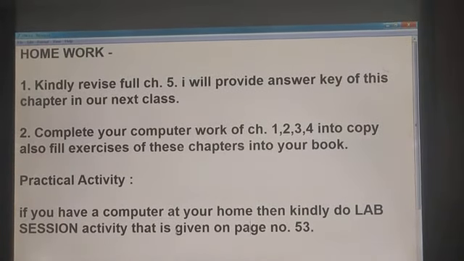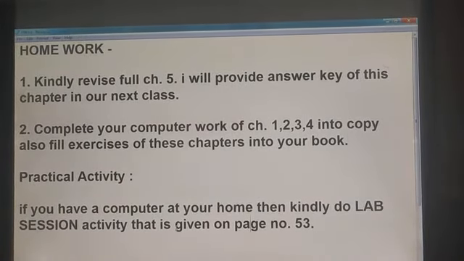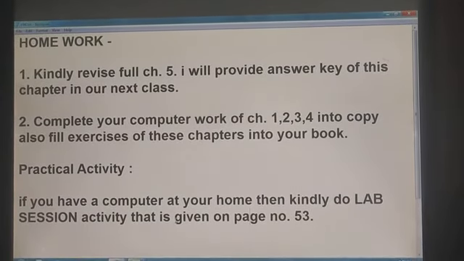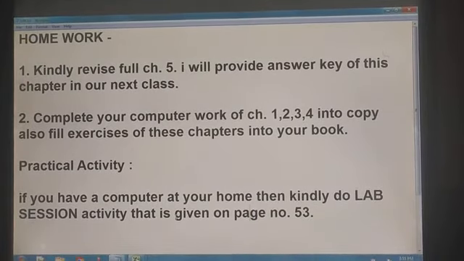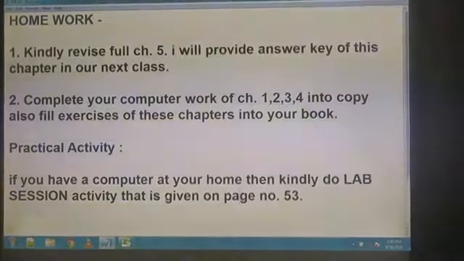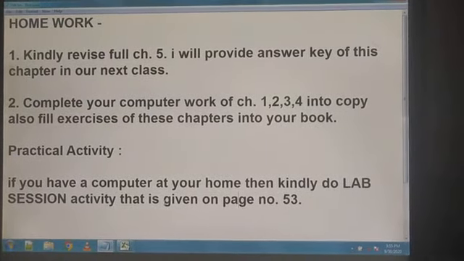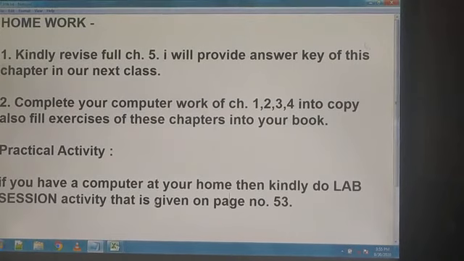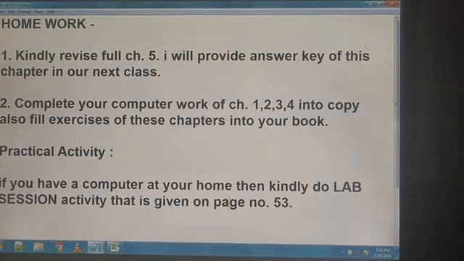Okay, and students, complete your computer work of chapters 1, 2, 3, 4 in your computer copy, and also fill in all the exercises in your copy, in your book, for these chapters. And those students who have a computer at home can do the lab session activity of this chapter, that is given on page number 53.